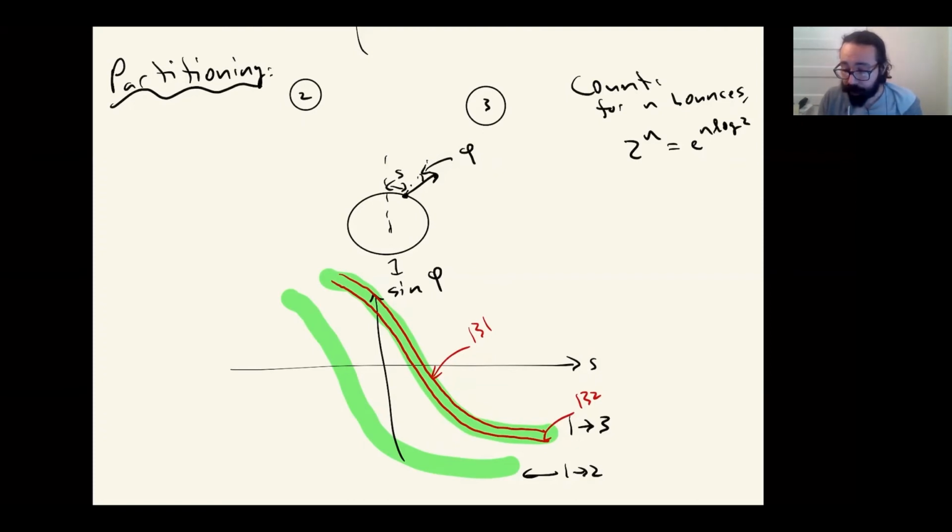And the fact that it's growing exponentially is related to this kind of global mixing. And so this log 2 here has a fancy name, the topological entropy of the system, which can be defined more generally than the simple setup. But I just wanted to make sure I mentioned that. This topological entropy is telling you about the growth of the periodic orbits. Here it's almost like a discrete time evolution because we're looking from bounce to bounce. But very shortly, we will not really focus on that so much.